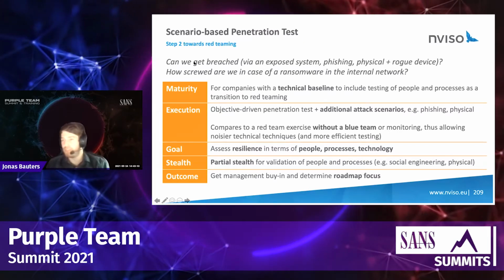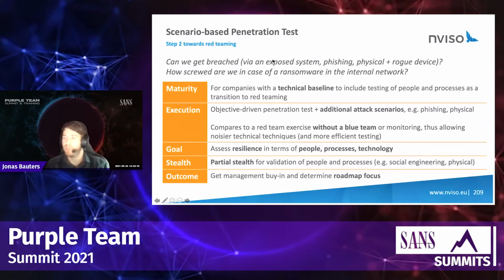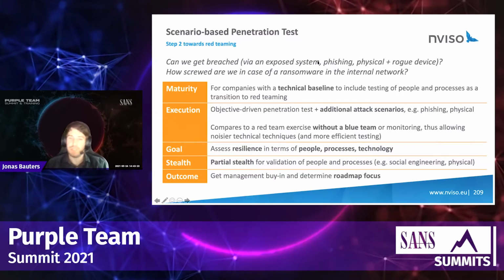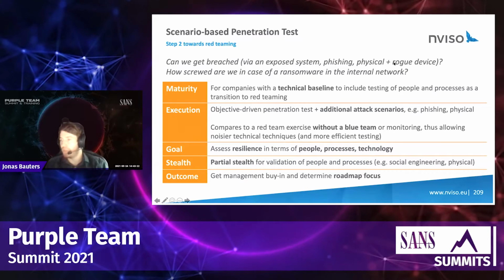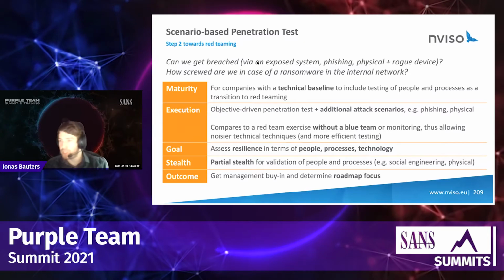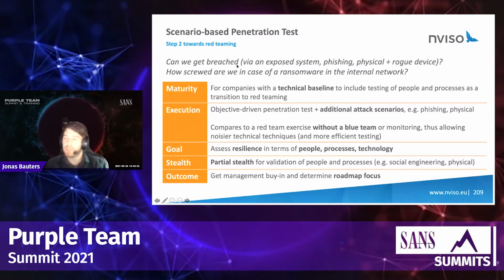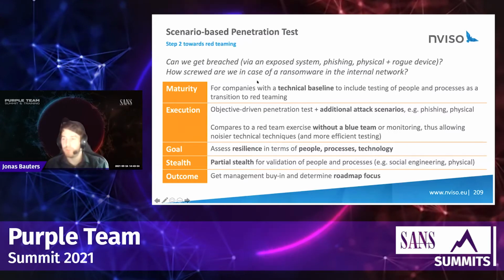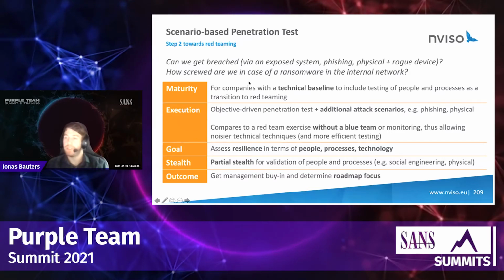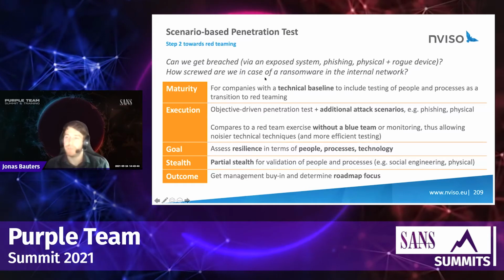So here, instead of just using external systems, we expand that to a number of different initial foothold scenarios, which could be phishing, for example, a physical breach in combination with a rogue device plant, a wireless breach, or a stolen laptop test. So there we try to find other ways to get into the network. And then same as before, we're again doing an internal test as well, where we try to access the objectives that have been defined. So that's similar to the objective-based pen test.